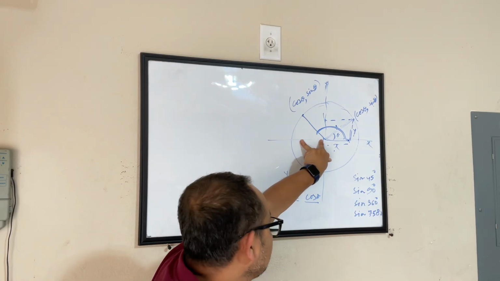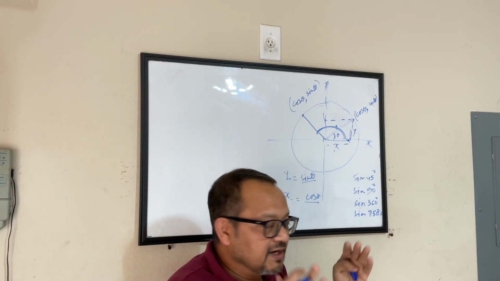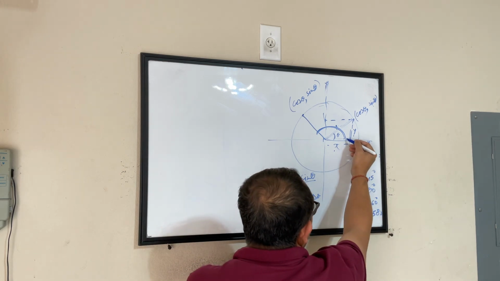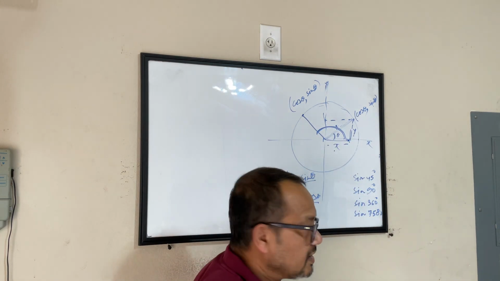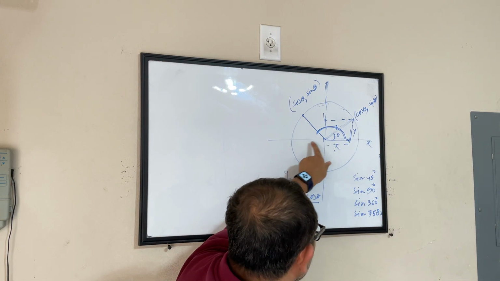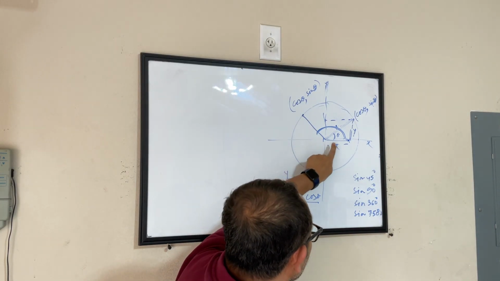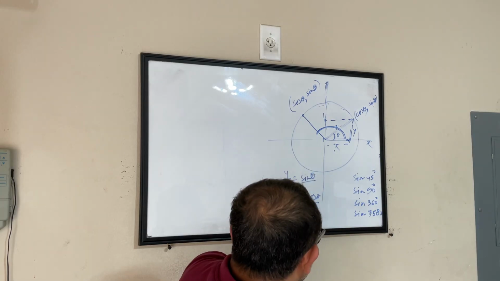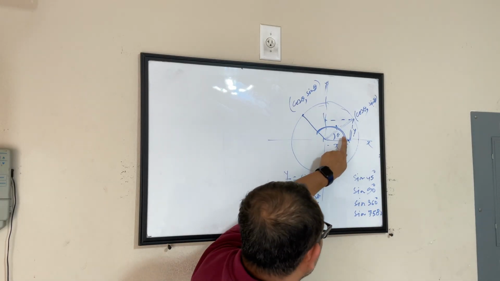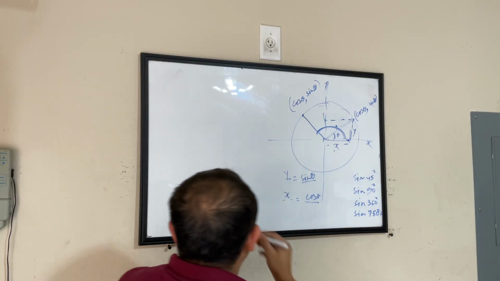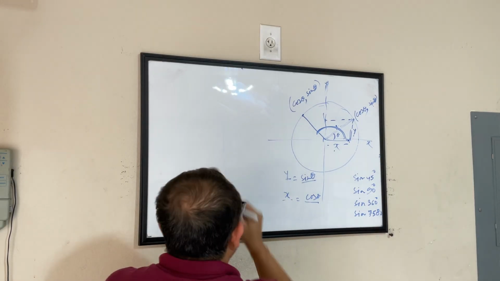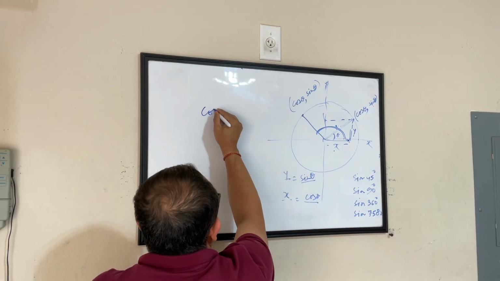Yeah? That means now you can relate that when my angle becomes more than 90 degrees, my x coordinate becomes negative. Meaning, x coordinate is what? Cos theta. So the cos theta value, we'll come to that. If you look at your cos theta value